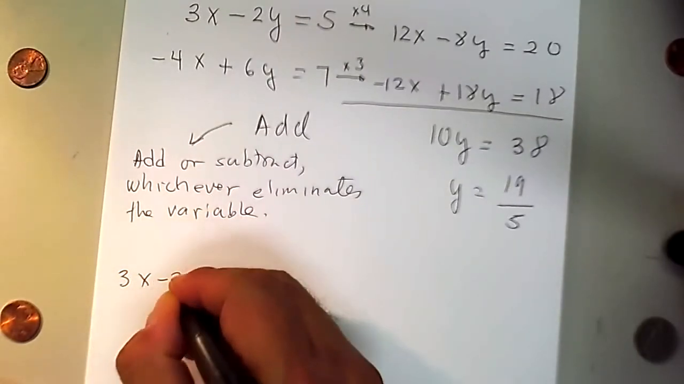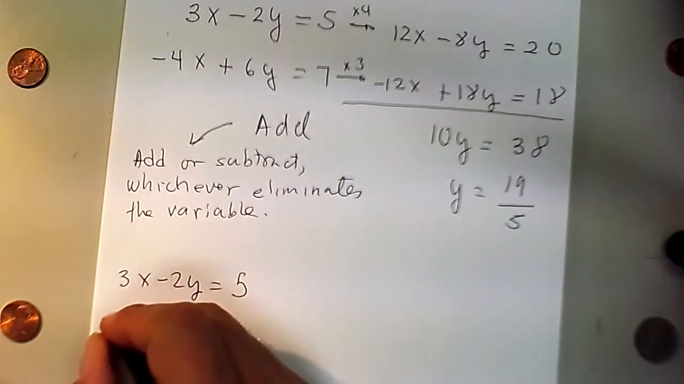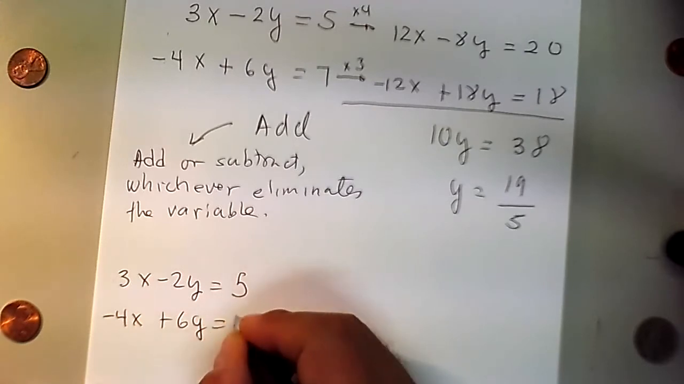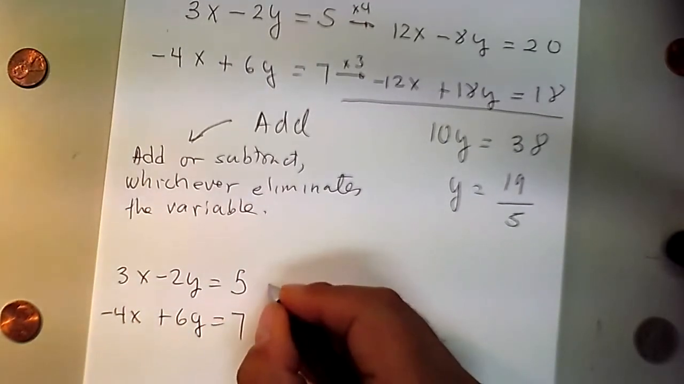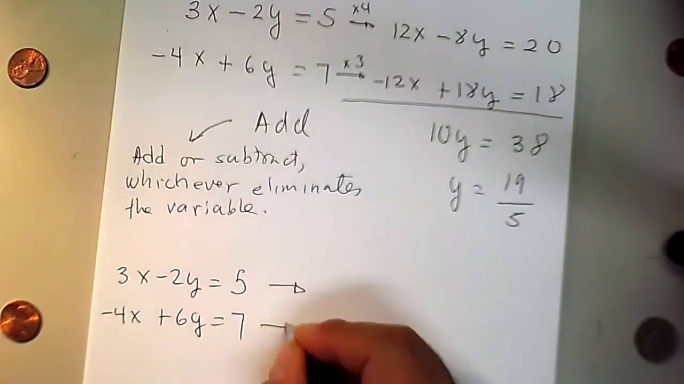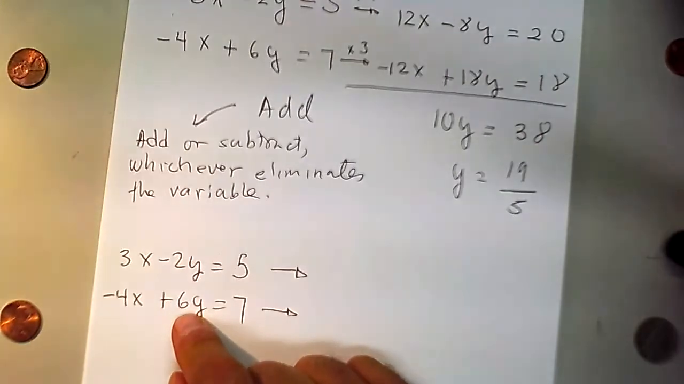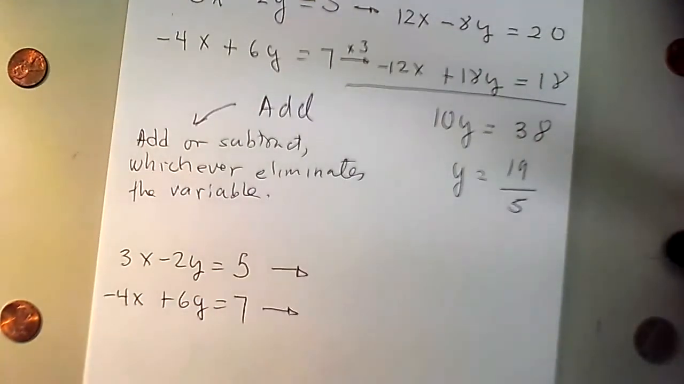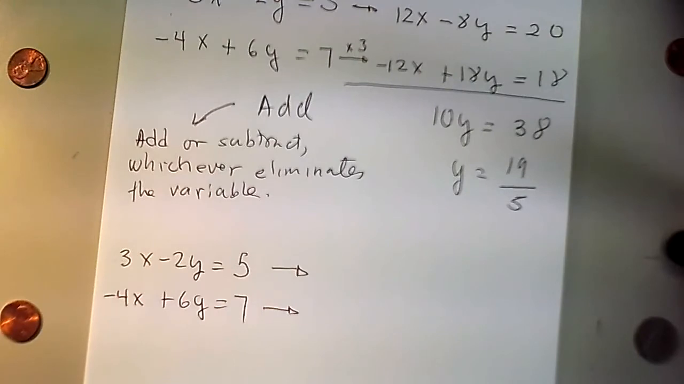3x minus 2y equals 5. Negative 4x plus 6y equals 7. So let's use the elimination method. But now this time I want to eliminate the y's. Okay, now there are two ways to do this. You can say, well, multiply by 6, multiply by 2, and then move on. And that will work,